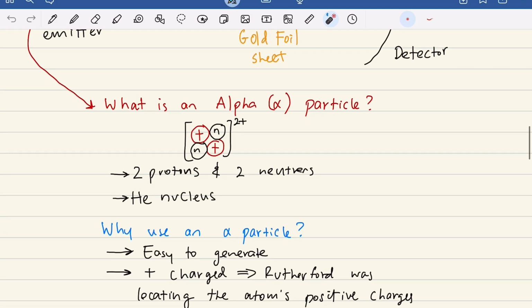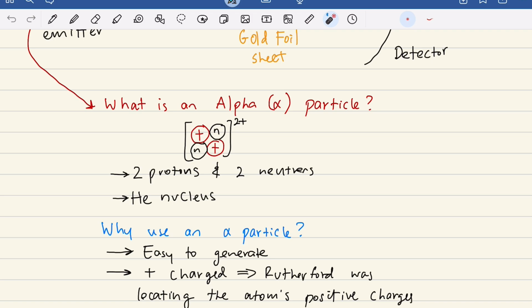So it's actually just a particle made up of 2 protons and 2 neutrons, with no electrons, meaning it's got a positive 2 charge overall. You can also think of it as the nucleus of a helium atom that's been stripped of all its electrons. He used them because they're very easy to generate via radioactive decay, hence this radioactive alpha particle generator, and because